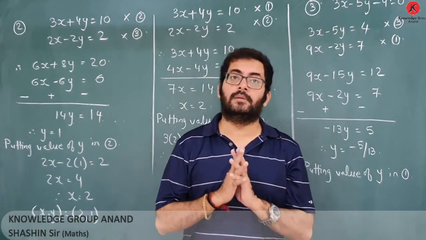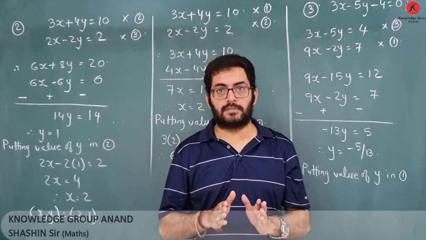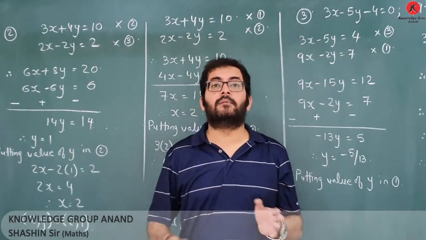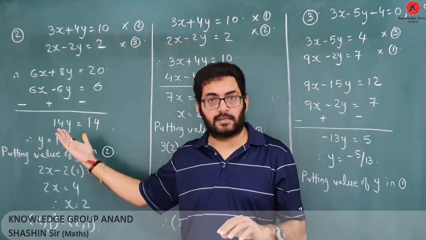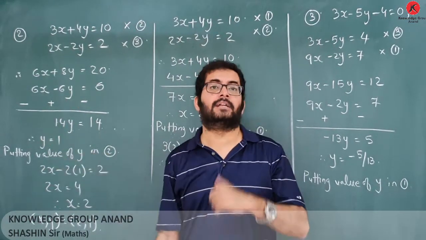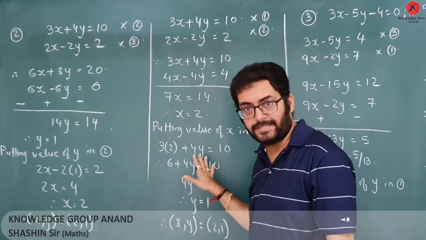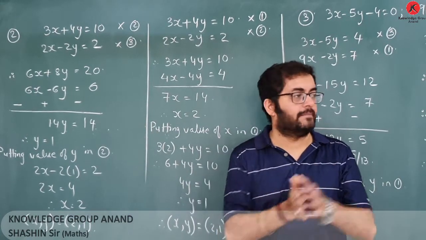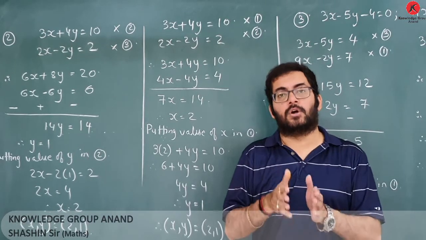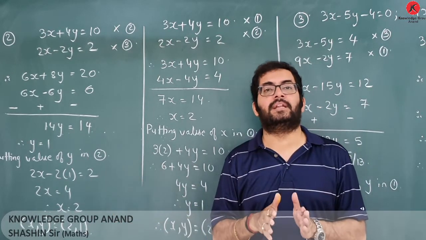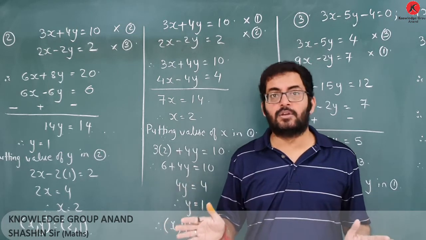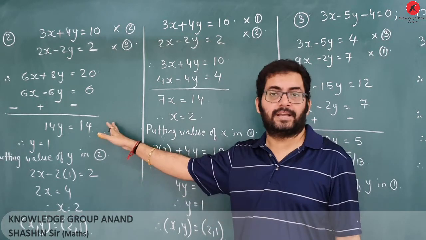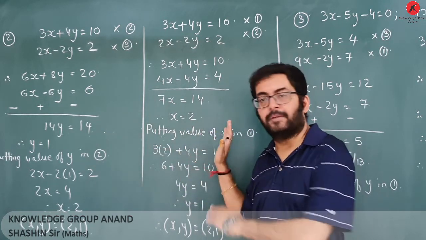Now dear friends, be very careful. In both the sums, I have eliminated x as well as y. But you do not need to do both methods, right? You can either eliminate x or eliminate y. No need to do the sum twice. I am teaching you twice just to prove that whether a person solves by eliminating the x term or another person solves by eliminating the y term, there won't be any difference in the answer. Both the methods will be correct. So no need to solve the sum two times. You can proceed by eliminating either x or y.